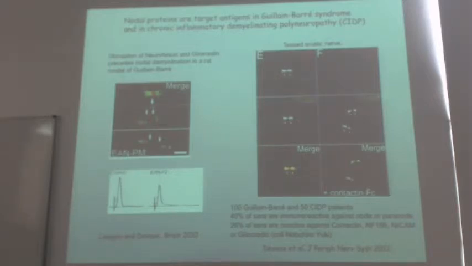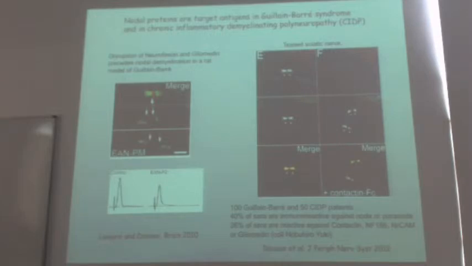So the functional consequence is a decrease in the compound action potentials and block of conduction, here analyzed in ventral spinal cord. So next, Jérôme collaborated with a Japanese group, the group of Nobuhiro Yuki, and he analyzed a cohort of Guillain-Barré and CIDP patients. CIDP is a chronic form of demyelinating neuropathy. And Jérôme showed that around 40% of the sera in Guillain-Barré and in CIDP were immunoreactive against the nodal or paranodal region of